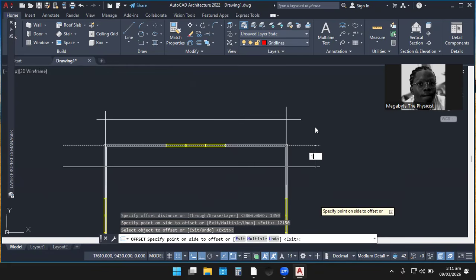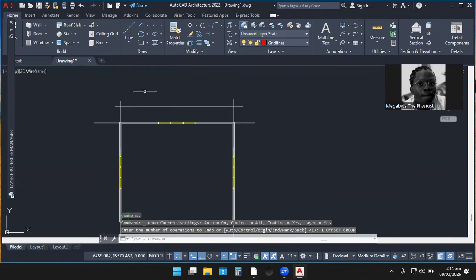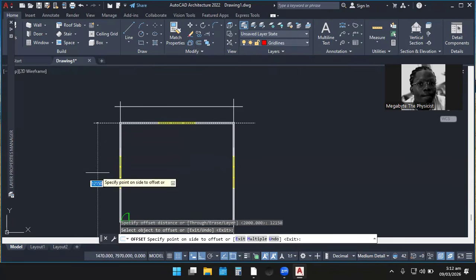As a matter of fact, let's redo the offset again. So we select offset. Then we specify the distance 12150. Enter. So we click this.